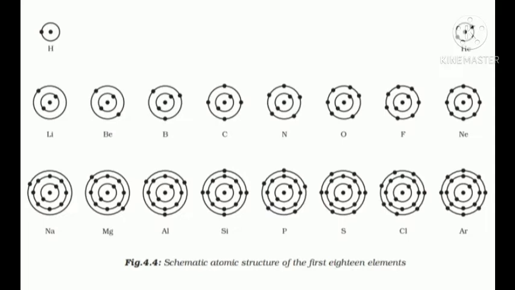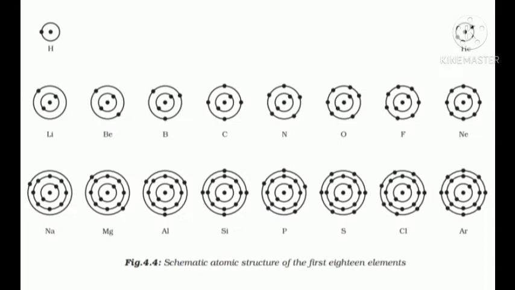the center part, which indicates the nucleus around which the electrons are revolving in the K and L shells. The K shell contains 2 electrons, and the remaining 3 electrons are present in the L shell. Then carbon, atomic number 6, so 2 in the first shell, the K shell, and 4 in the next shell. Then nitrogen: the center indicates the nucleus around which the electrons are revolving, 2 in the K shell and the remaining 4 in the L shell. Similarly for the other elements.